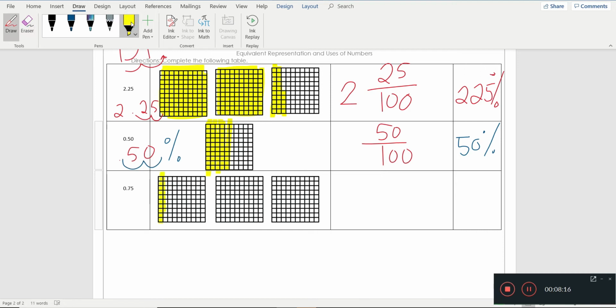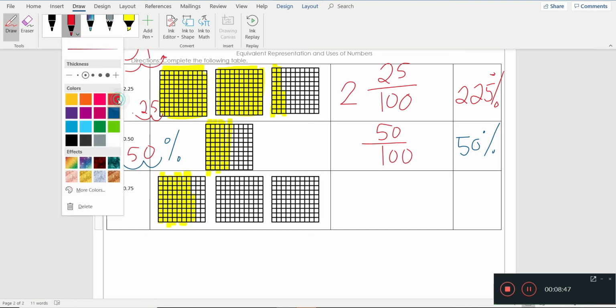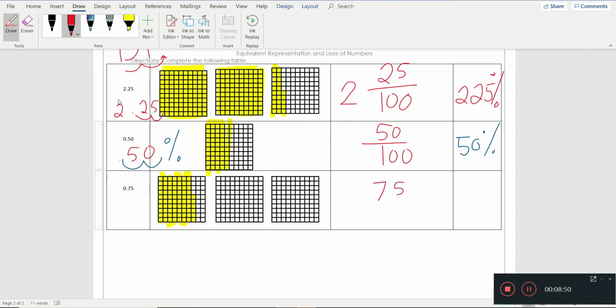So 10, 20, 30, 40, 50, 60, 70, right? But I need 5. So I have now 5 here. Oopsie, I shaded more than 5. So I need to erase this one. Again, 5. 1, 2, 3, 4, 5. Okay, shade that one. So 75 out of 100 means you have now what? 75 out of 100, and you can just get this as a concept of a percent,